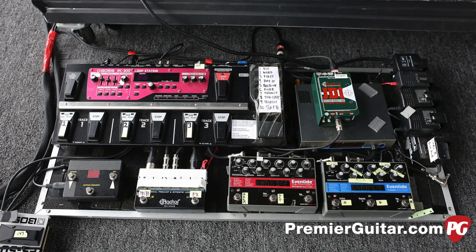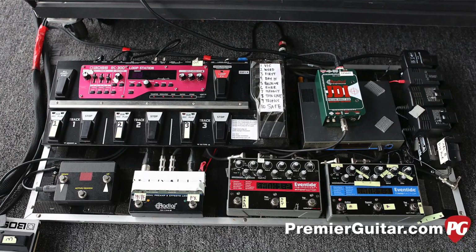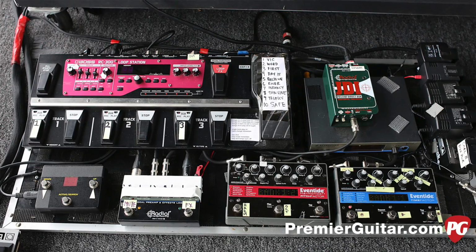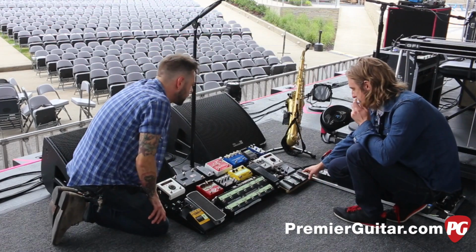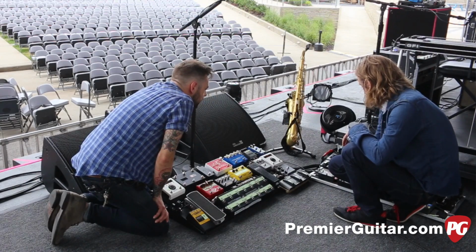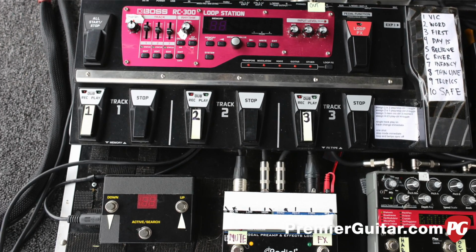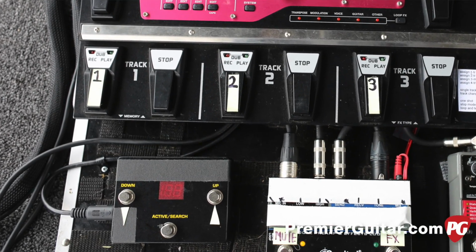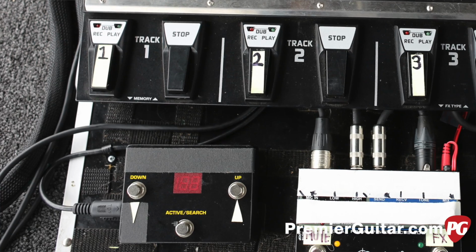So is that controller running to that loop station? Yeah. So I'm using this loop station, and I loaded it up with preset samples that I need, and then I trigger it with these. So I've got three samples per song, and then I can scroll through with this to the different songs. Gotcha. And so the rest of these pedals you're kind of using for other instruments that you're playing, right? Like sax and...